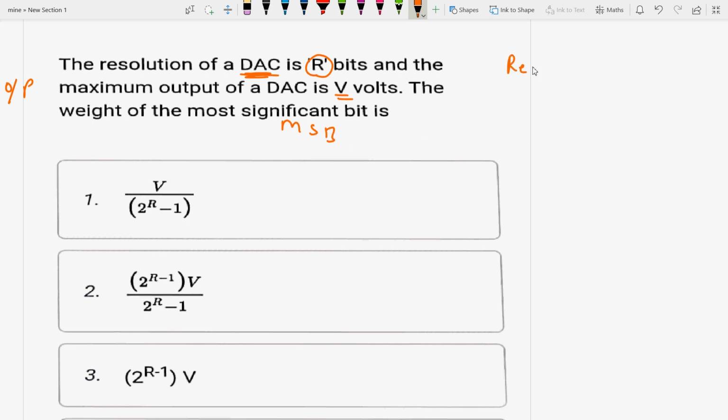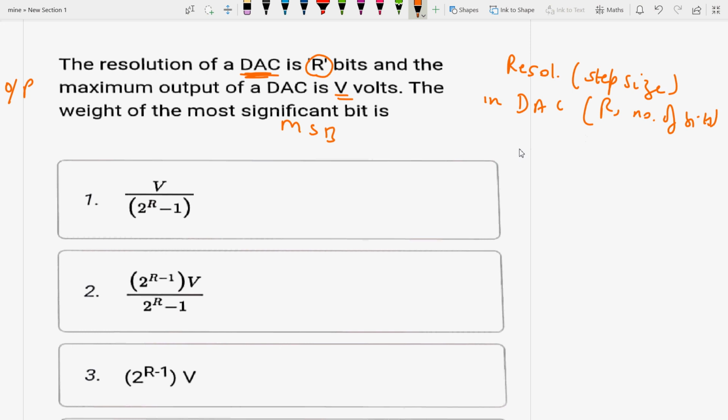Resolution is mainly the smallest change in the input. Okay, resolution actually means step size. Okay, the change in the size of the steps. The resolution or step size in DAC, that means R, number of bits. Number of bits. That means you can say एनालॉग आउटपुट जो आपका वेटेज होता है, एक्चुअली इट इज आस्किंग दी